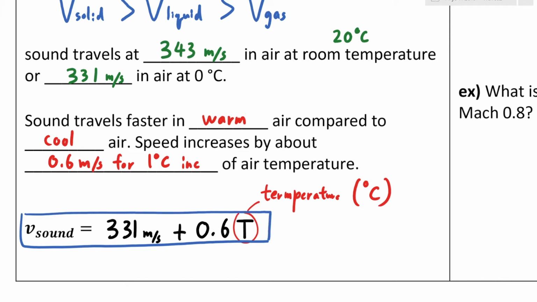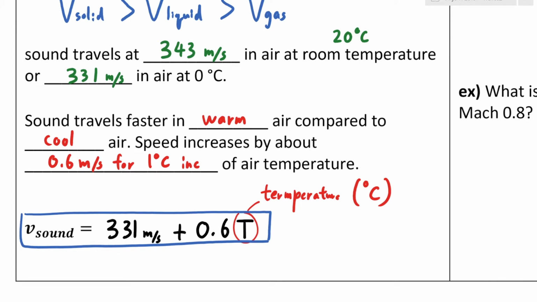But I guess if you want to be safe, since we do have a symbol called period, which also uses T in this unit, make sure you know the difference between this T and the other T. The other T is period, which is measured in seconds. That's how long it takes for the wave to travel one cycle. Whereas this is T as in temperature, and it is measured in degrees Celsius.